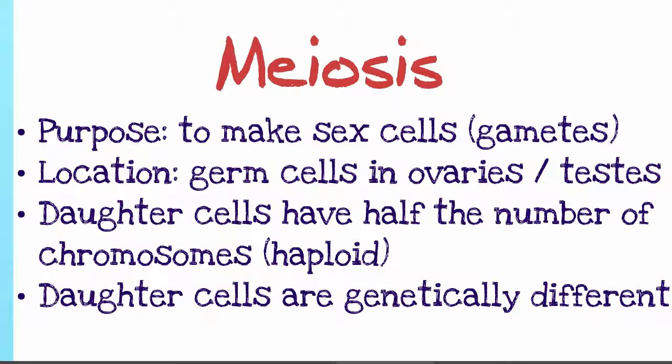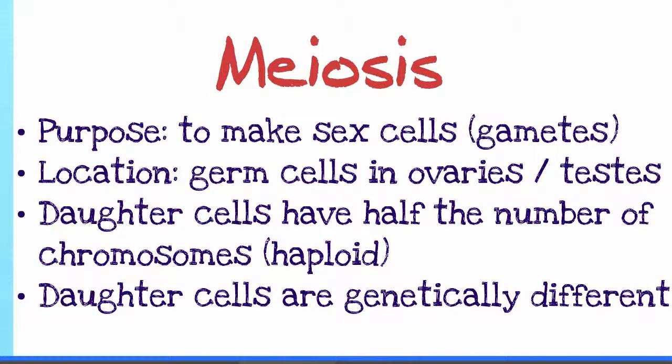The daughter cells have half the number of chromosomes. They're haploid, or N. The daughter cells are also genetically different. So they can get different members of each homologous pair, and they're going to be genetically different in terms of the fact that they have half the number of chromosomes. So there's no way they can be the exact same as the original parent. So meiosis produces 4 daughter cells that are genetically different. So cool. Those, I think, are the key take-home messages